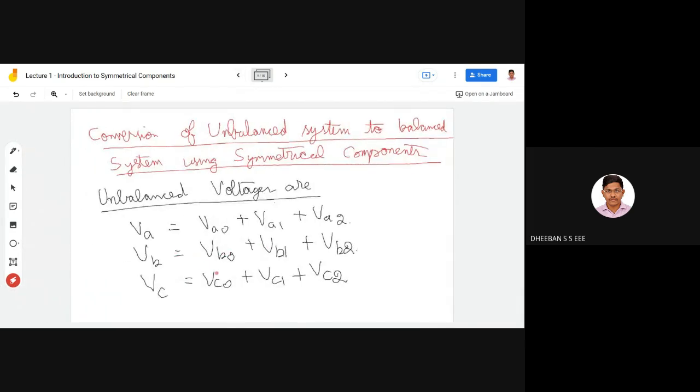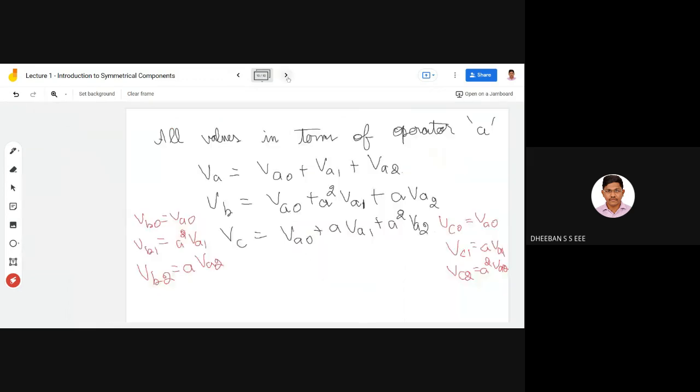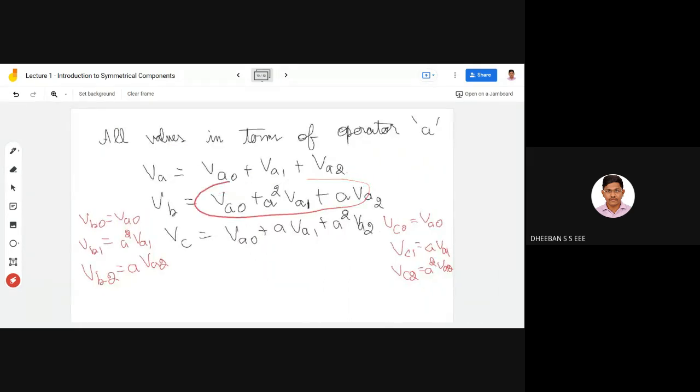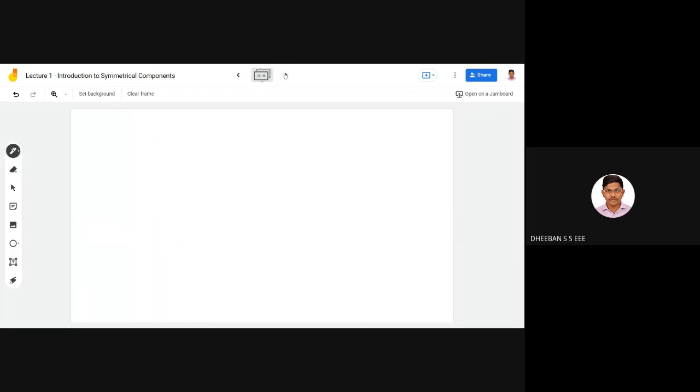Okay, so this entire part has been completely changed in terms of your VA, using this operator A. And next we will be representing this equation. It is three equations with three unknowns, so it is possible to represent this in a matrix format. So if you're representing in the matrix format, it will be VA, VB, VC